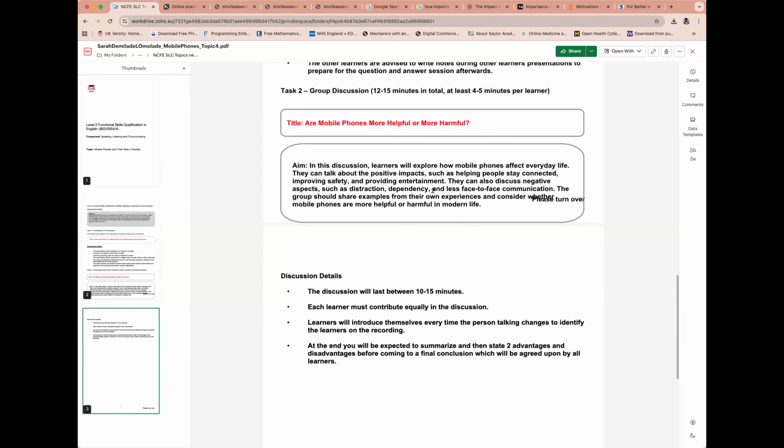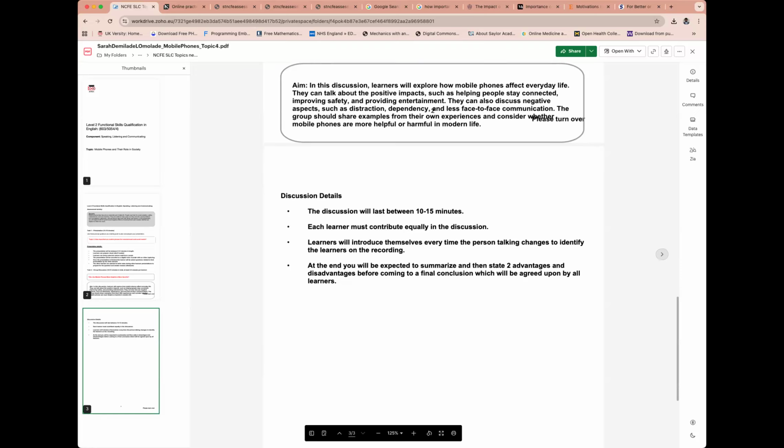and towards the end of the discussion, you'll be either asked to talk about two positives or two negatives, or two advantages, two disadvantages, and one of you would volunteer and obviously summarize the discussion on behalf of the learners. Because either you will all agree with what you have discussed, or towards the end you will not agree, and you would put your differences across, that okay, we've had a good discussion on this topic, but we tend to agree on this, we don't tend to agree on this,